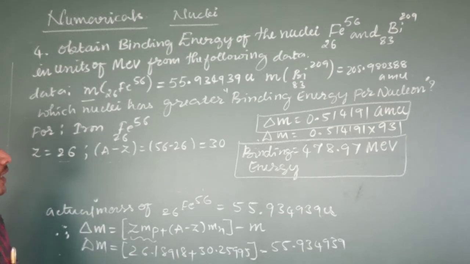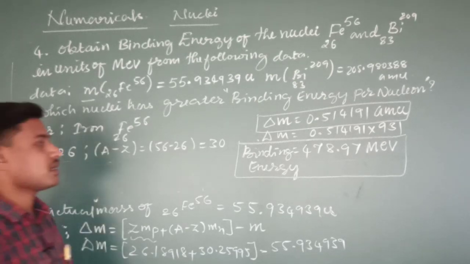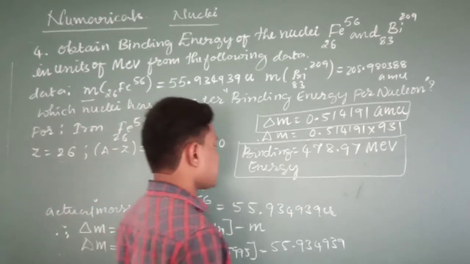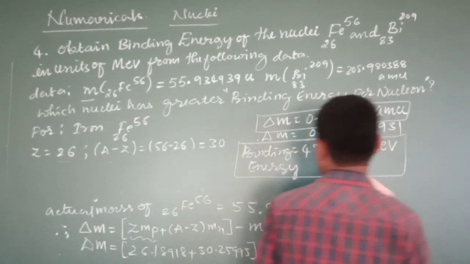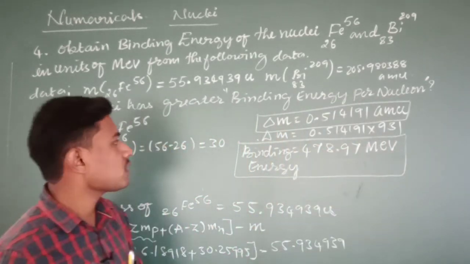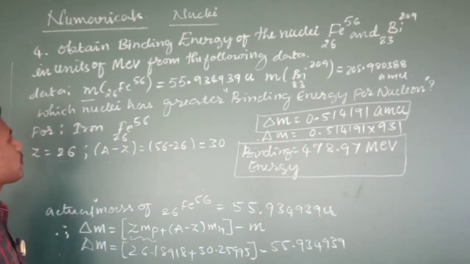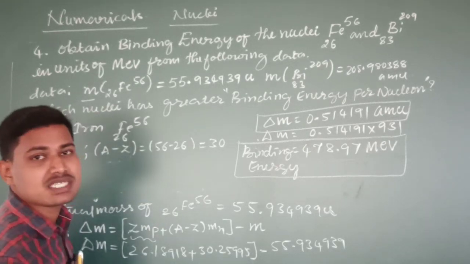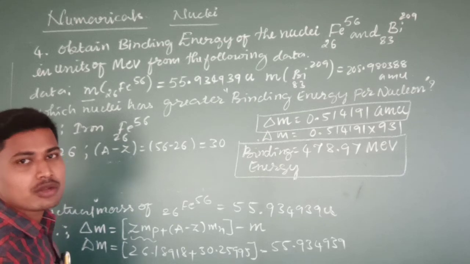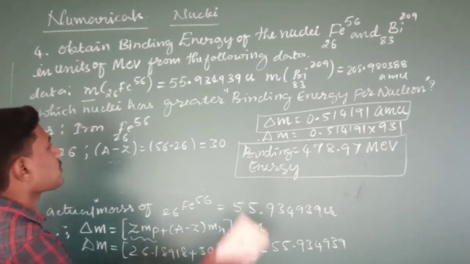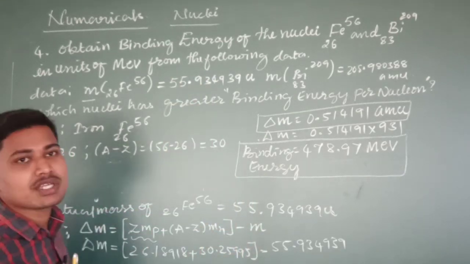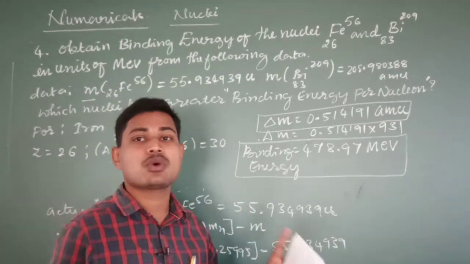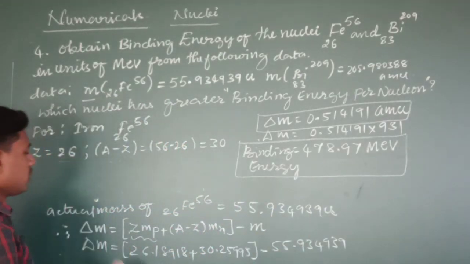So next, binding energy per nucleon they are asking. So per nucleon means this is the total binding energy for all the protons plus neutrons in the nucleus, I mean for a mass number of 56. So per nucleon means what? How to get it? Total binding energy divided by this 56. If you do, you will get for one nucleon what is the binding energy. So therefore